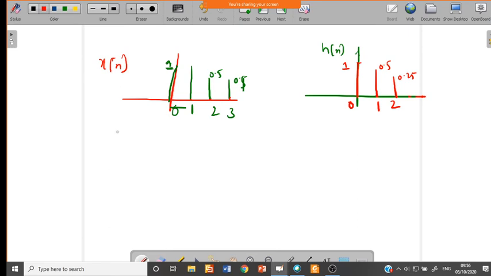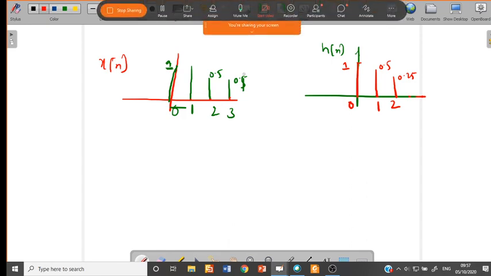Okay. Have you taken this problem, x of n and h of n? All of you? Hello? Yes, sir. So now you compute this one, and we will solve it in the next class. We will come to know what is the result, whether whatever you are solving is correct or not. Okay. So we'll stop here and we'll continue.